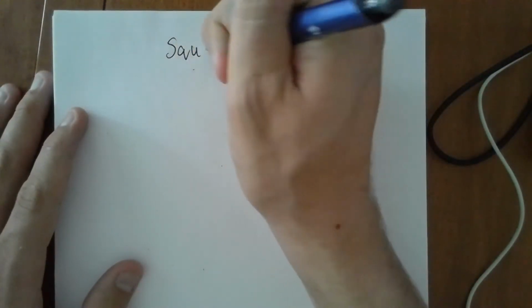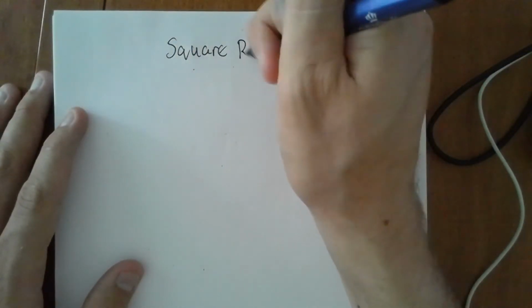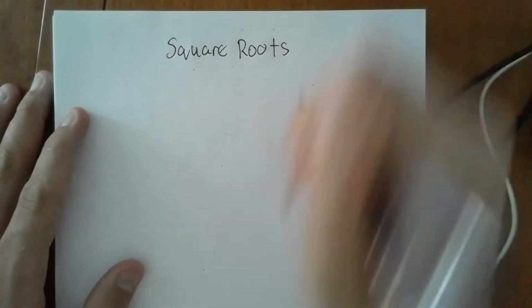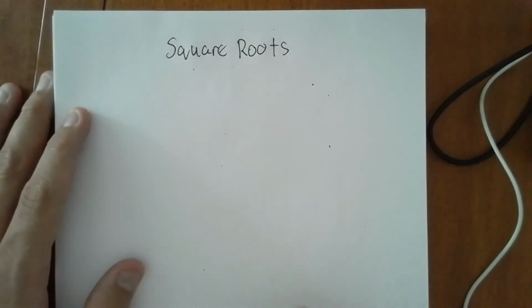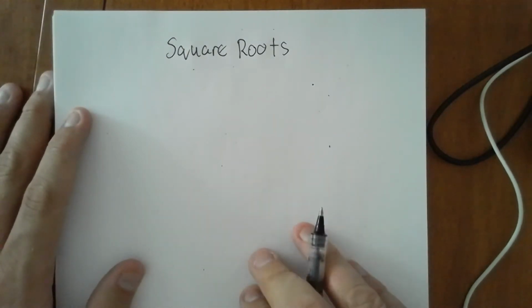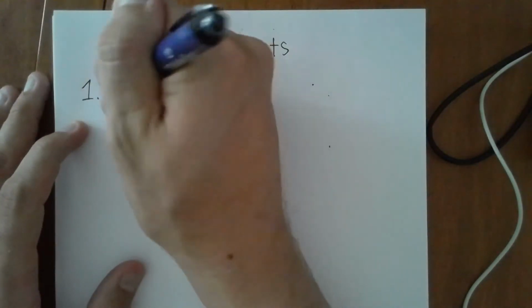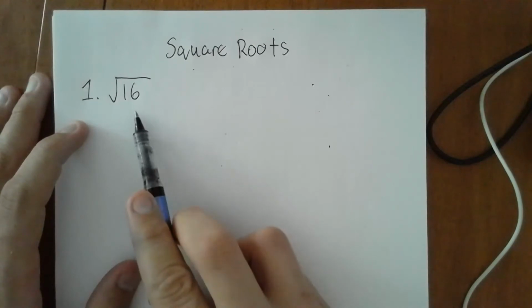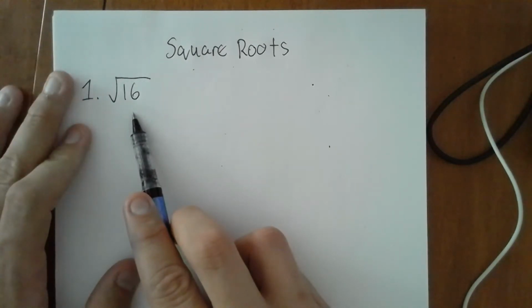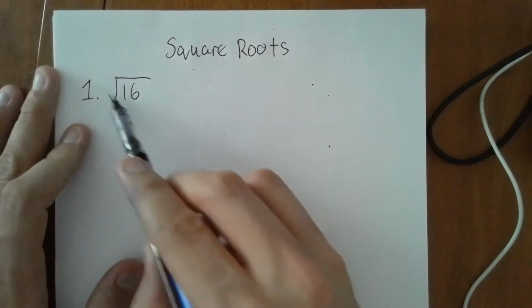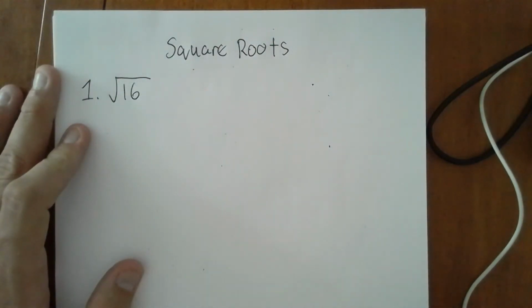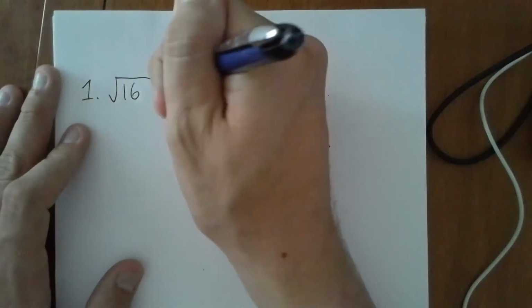Alright, so the last thing I want to show you is square roots. Using that table that I just showed you, we saw what some of our perfect squares are. Remember, squaring just means you multiply a number by itself. Square rooting is going in the opposite direction. Now we start with a perfect square like 16, and this symbol, square root, is really asking you a question. What it's saying is,